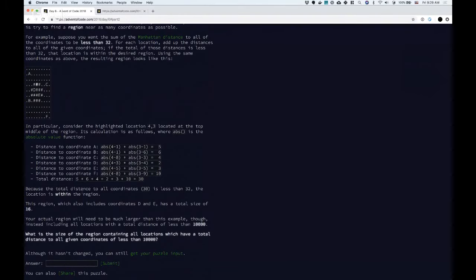Your actual region will need to be much larger than this example, though, instead of including all locations within a distance of less than 10,000. What is the size of the region containing all locations which has a total distance to all given coordinates less than 10,000? All right, so